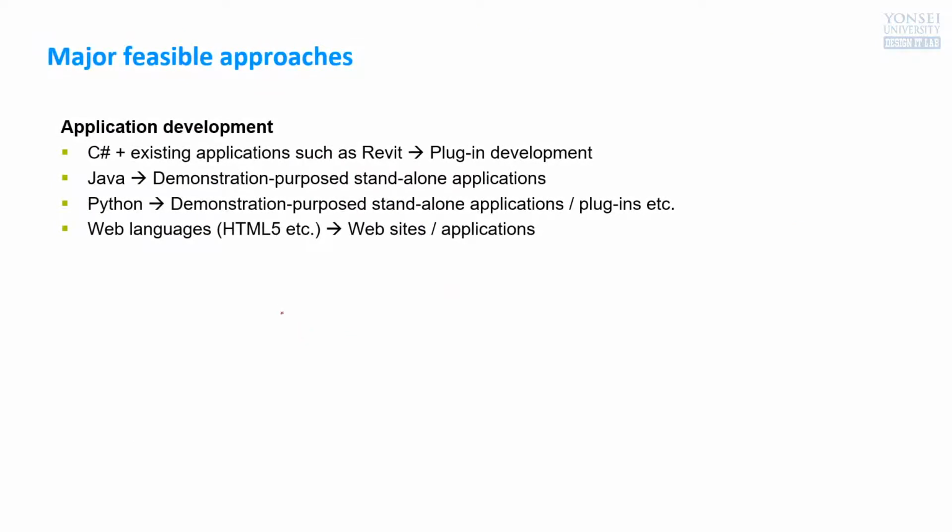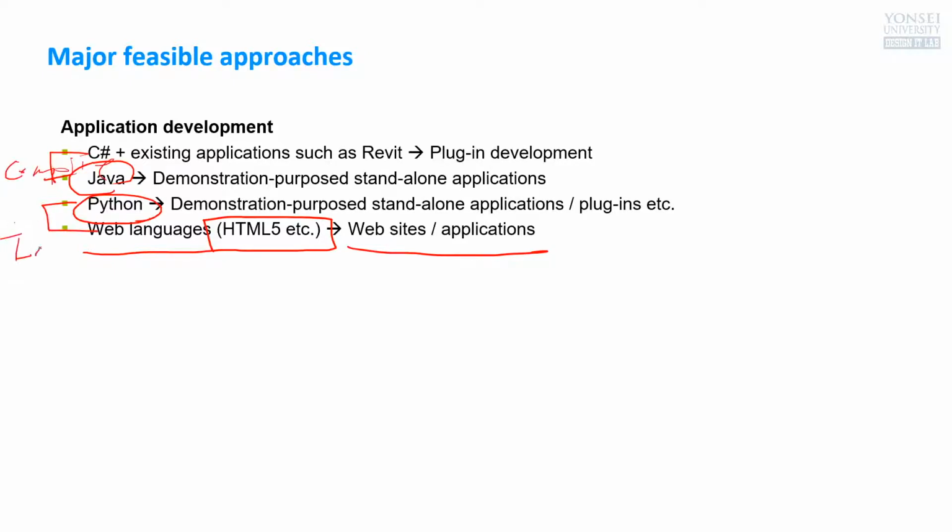That is why I introduced you this one before, major feasible approaches. For application development, my recommendation is the C# language, Java language, or Python language. The last option is web languages. Those two languages are interpreting languages, and this is a compile language. Those two are compile languages, and these are interpreting. Anyway, those languages are your